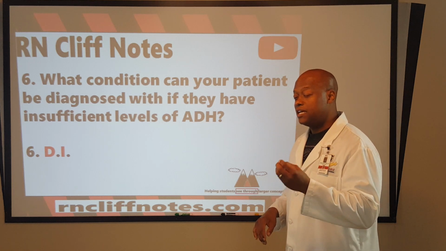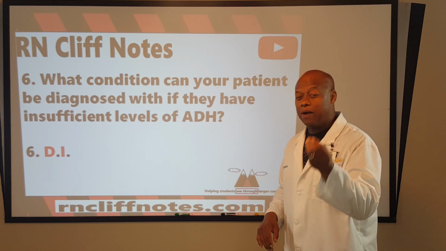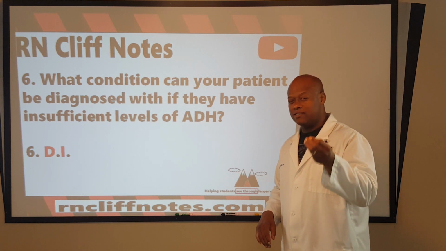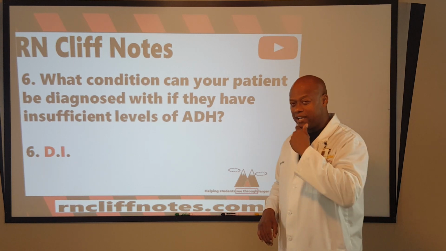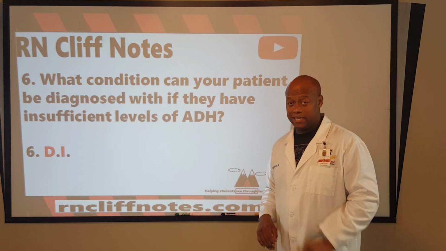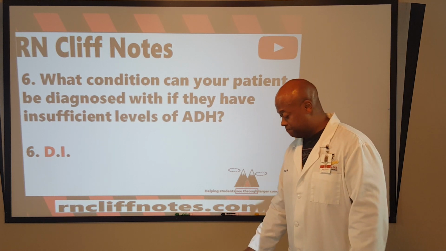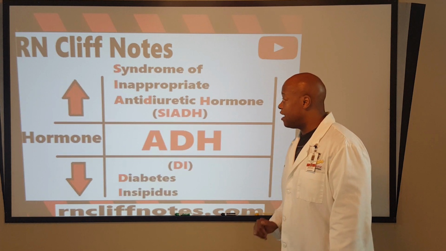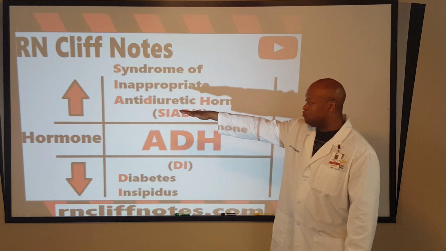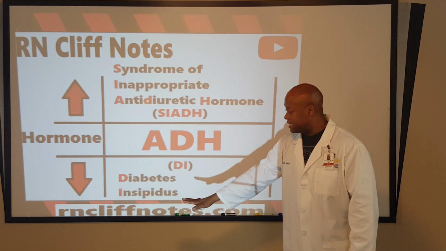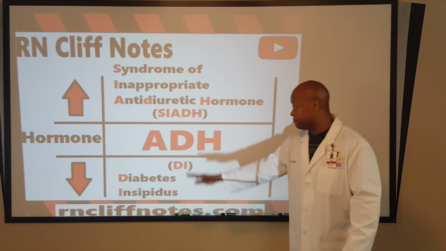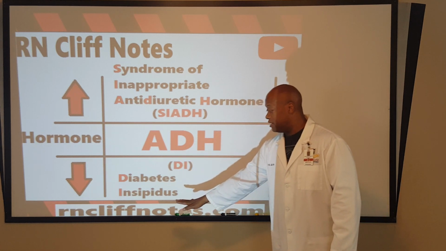But they both tend to suffer from polyuria. You're going to need to hang on to that hint for the rest of the quiz. They both tend to suffer from polyuria. So both types of diabetes, polyuria and potentially polydipsia, right? Thirst. Okay. All right, so as we build out our chart, we got our SIADH, too much ADH. We got our diabetes insipidus, not enough. And we just said it. What? These folks are what?